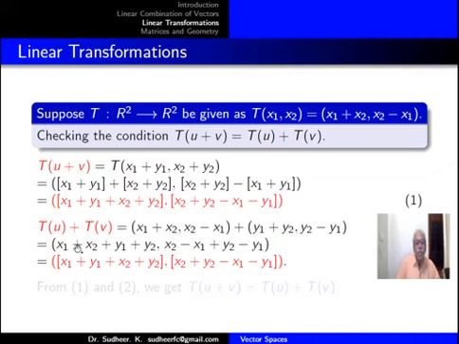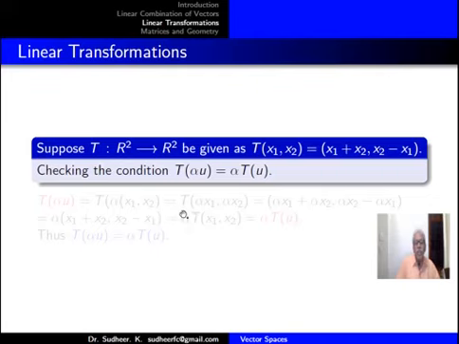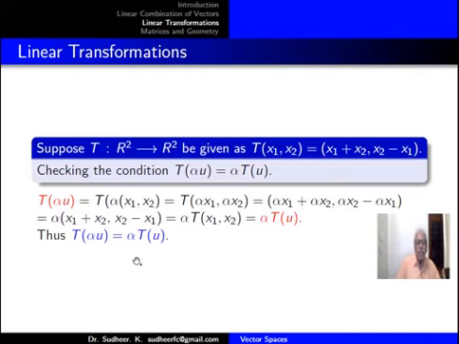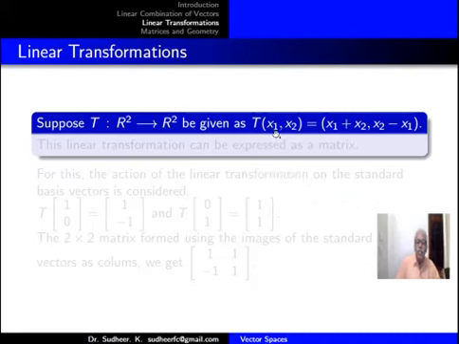Now, what is Tu plus Tv? Tu is written here, Tv is written here. Tu plus Tv will be the same. So the two equations 1 and 2 will give you T of u plus v equal to Tu plus Tv. Now, we will find whether T of alpha u equal to alpha Tu is satisfied or not. That is also done similarly, and we will get T of alpha u equal to alpha Tu is satisfied. This will tell you the transmission T is a linear transmission.